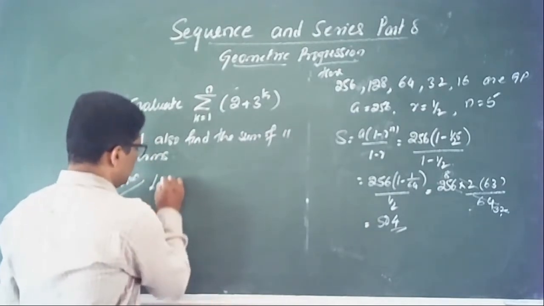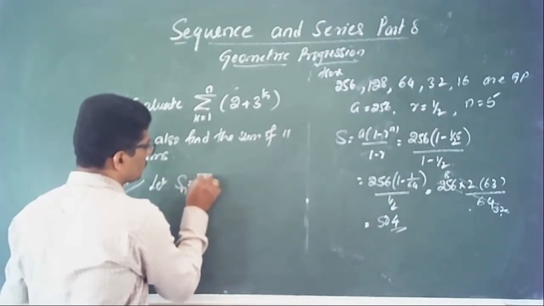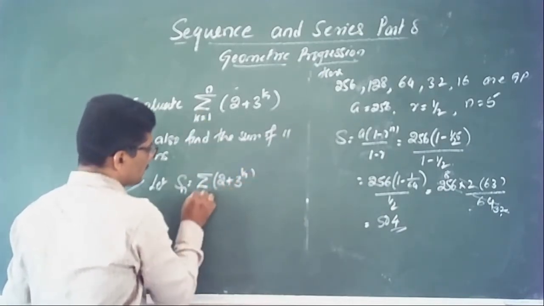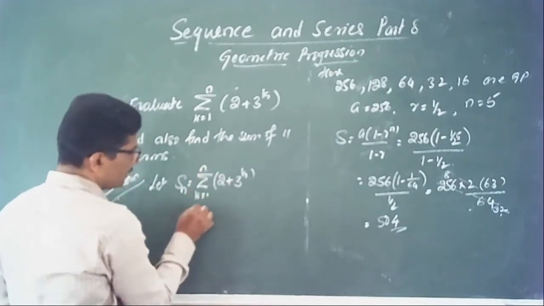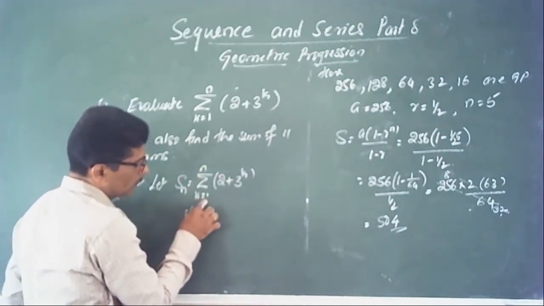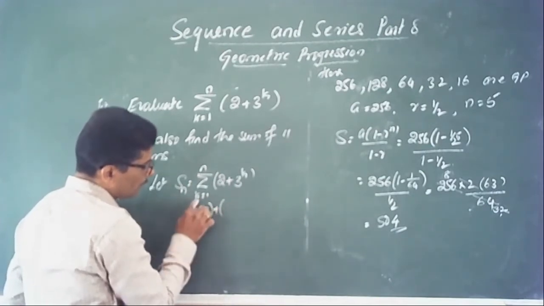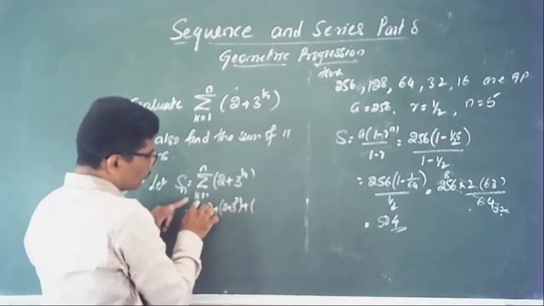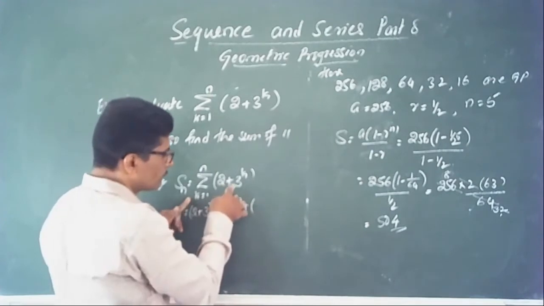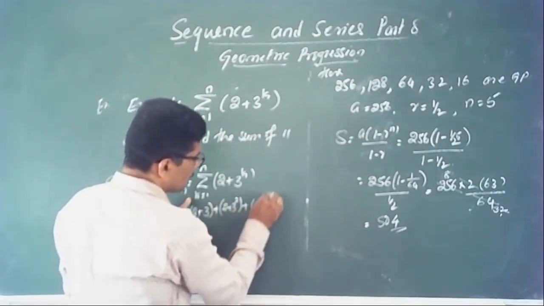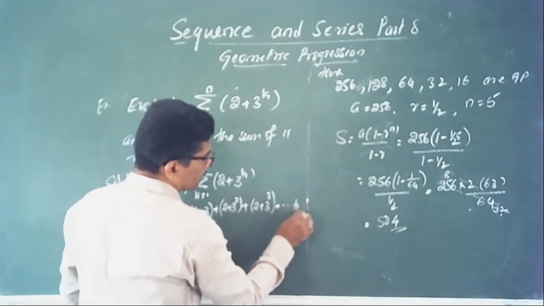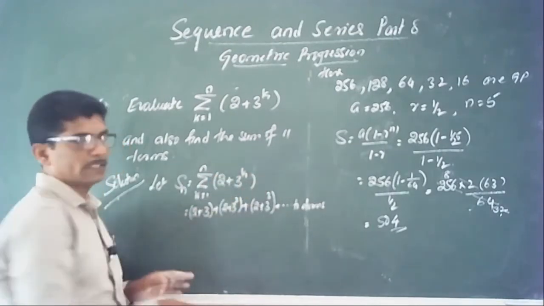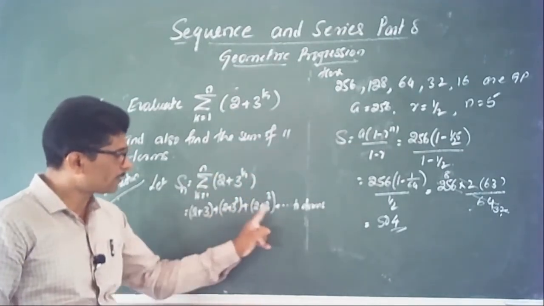Here let us assume that Sn is the sum of the n terms of the sequence. Summation notation means it is in compact form. Here k taken from 1 to n means for the first term put k equal to 1, 2 plus 3. Put k equal to 2, 2 plus 3 square. Put k equal to 3, 2 plus 3 cube, continue up to n terms. This is expanding the compact form. It is in compact and notation form. Summation means we keep adding.